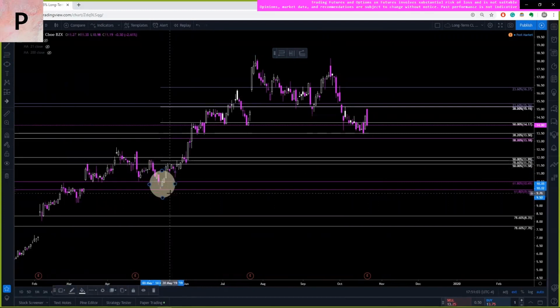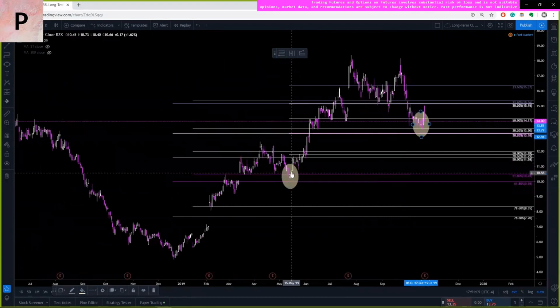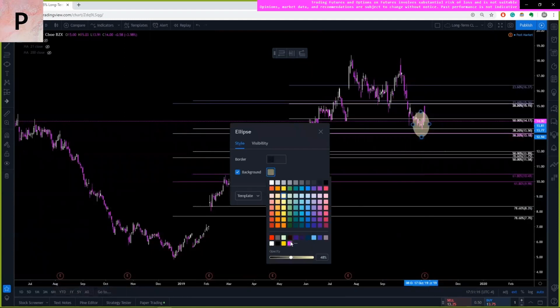Come on. I don't understand why this is so difficult for me these days. I'll just clone it. And again, you can right click and clone it if you're having trouble with the control drag. But you can see we made a higher low, and we are making that higher low in this area